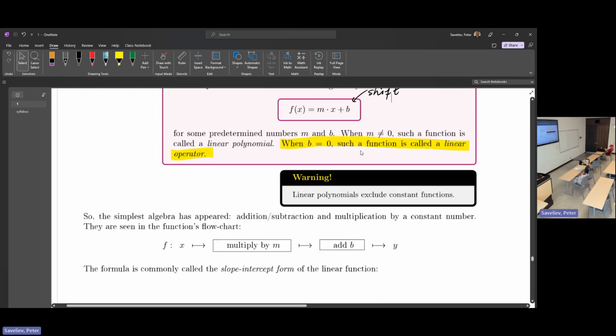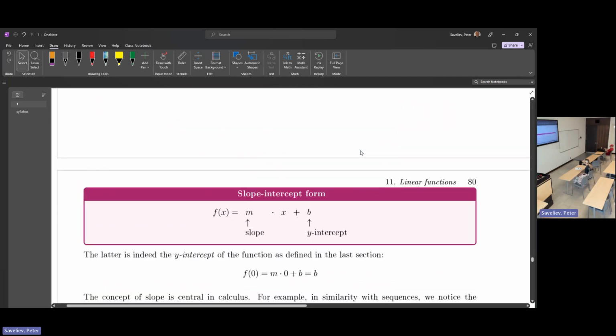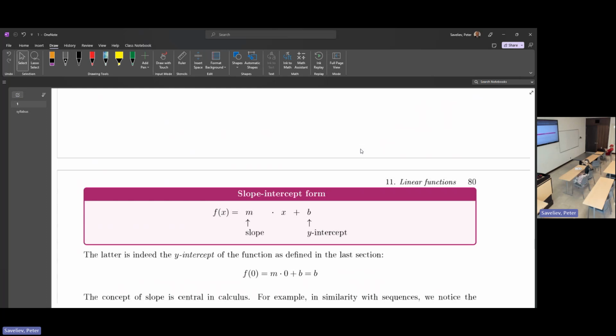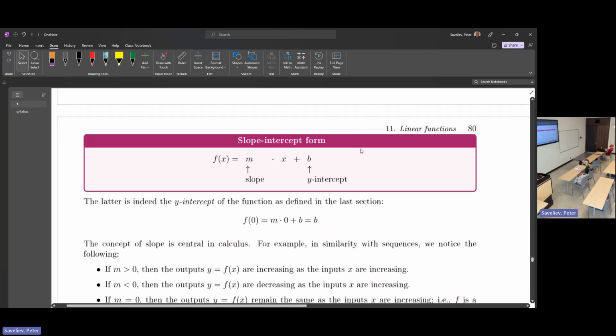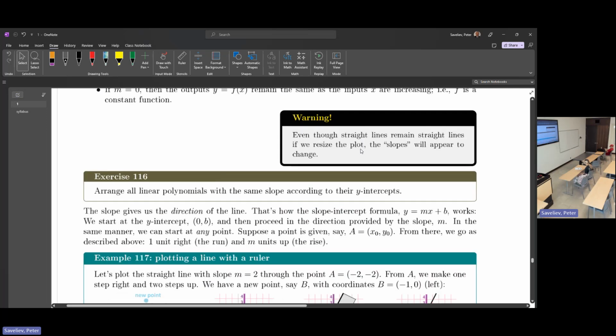Okay. So once again, I break the linear function into steps. We'll multiply by m first, then add b. So that's the flow chart of the function. Slope intercept. Once again, this is the standard, the best way to represent a linear function, I suppose. The slope is there. The y-intercept is also visible, but that's not the only thing that we might encounter because